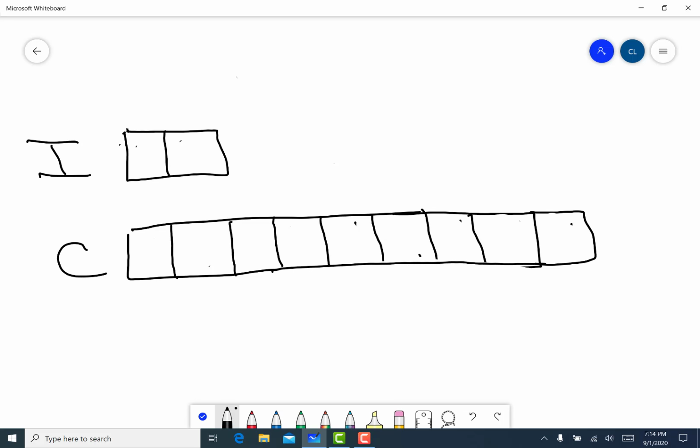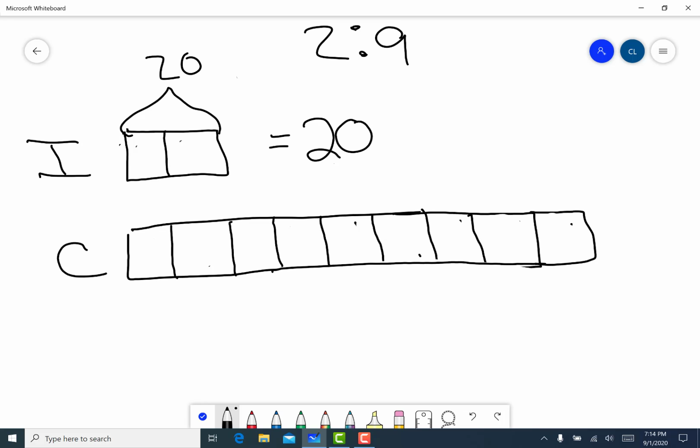All right, so now it says that the one she missed is 2 to 9. That means this is equal to 20. So she missed 20. And if you would, please pause the video at this time, because I want you guys to actually figure out how many she got correct. If this equals 20, what does each box equal? And if those two equal that, remember they all do, and figure out how many she got correct. So go ahead and pause the video at this time. All right,